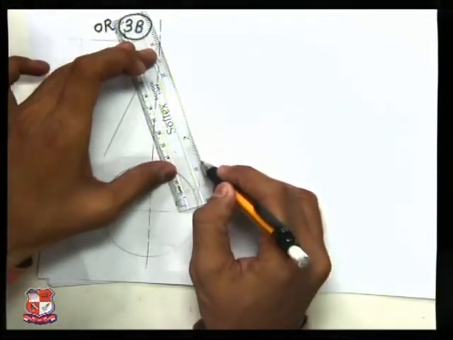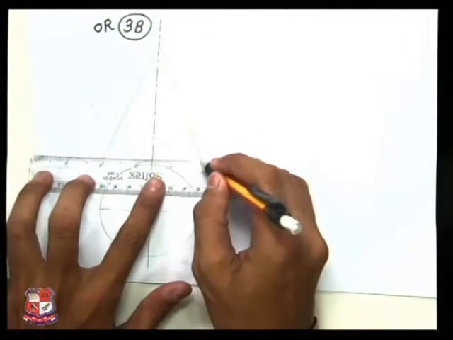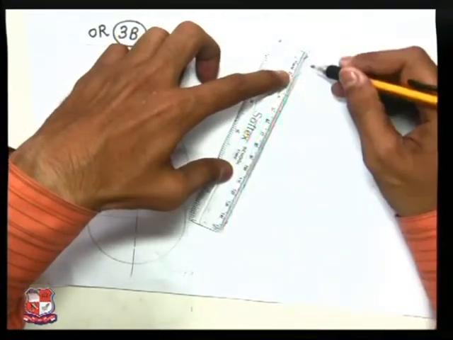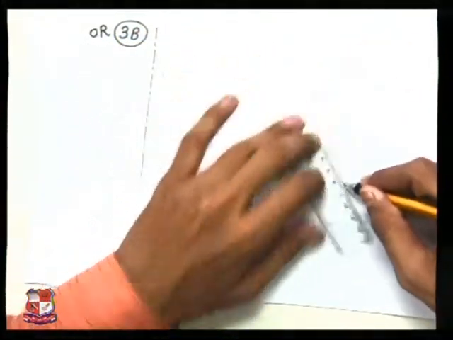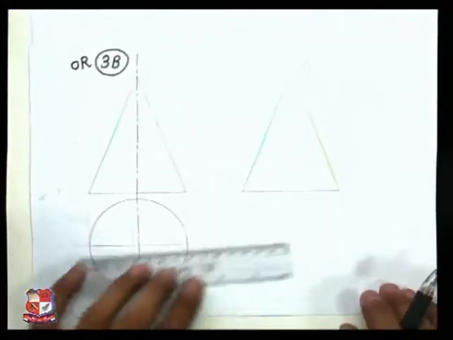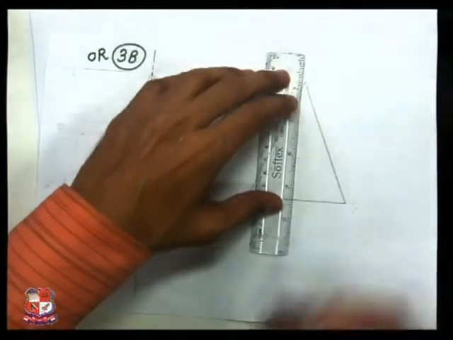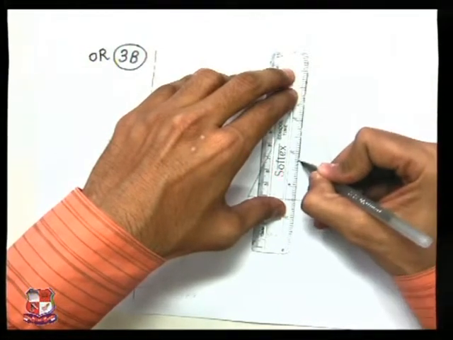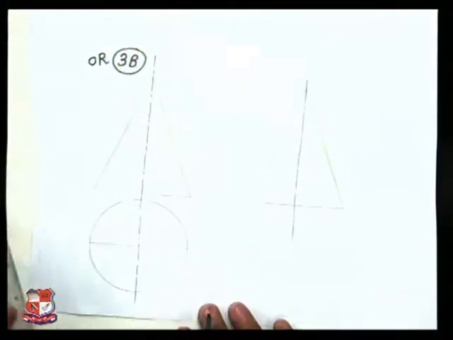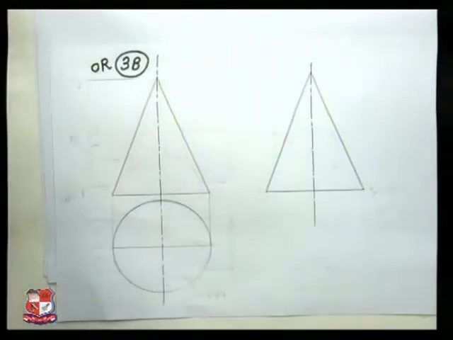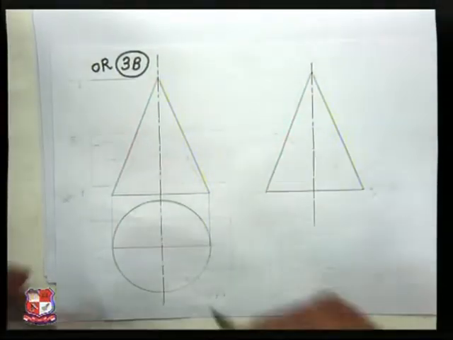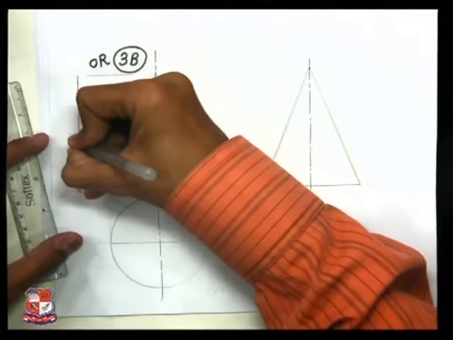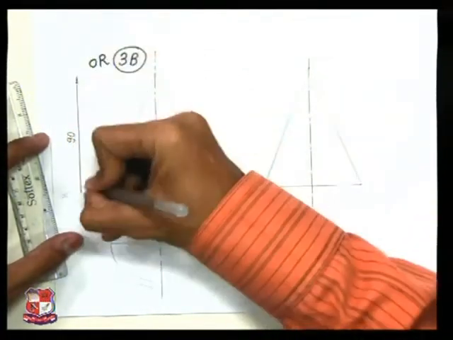This is the front view of the cone, that is a triangle like this, and in side view also this cone would appear as a triangle of given data like this. Height and width are given to us for this cone, and here the axis of cone would be there. This is the axis of this vertical cone. Now here the dimension is given, height is 90 millimeter like this, so insert the dimension like this.